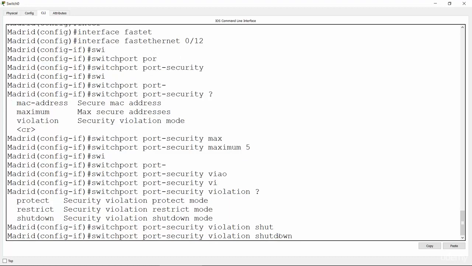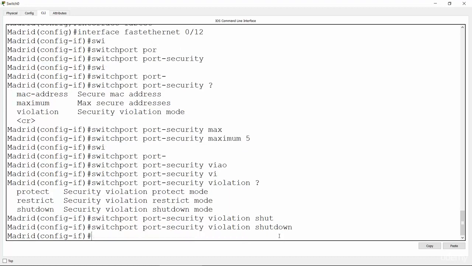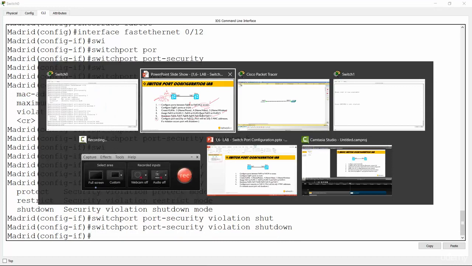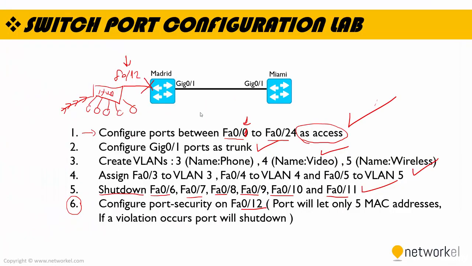And for this example, I'm going to use shutdown. Okay, I made my configuration, and Fast Ethernet 0/12 will accept just 5 PCs, and if a 6th PC tries